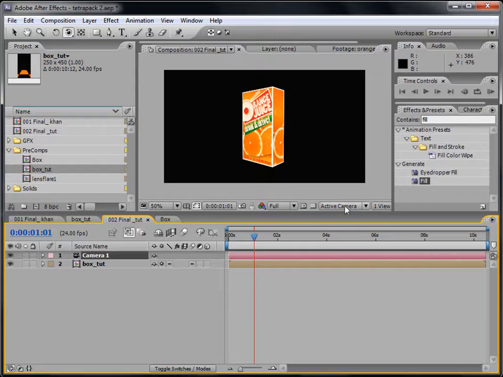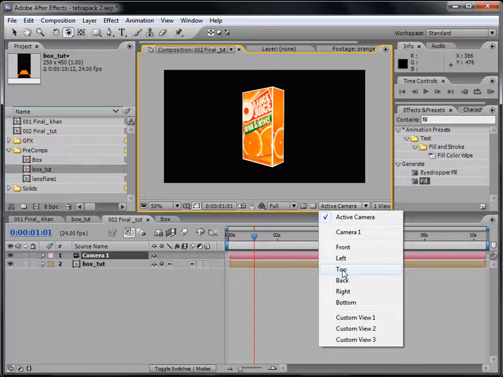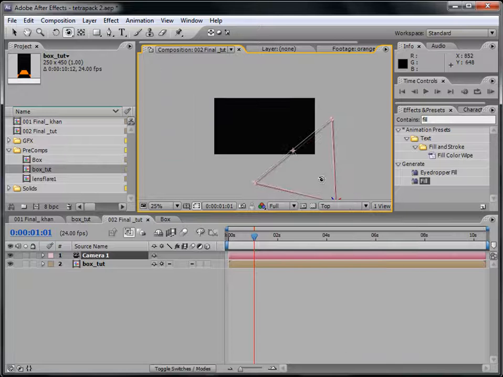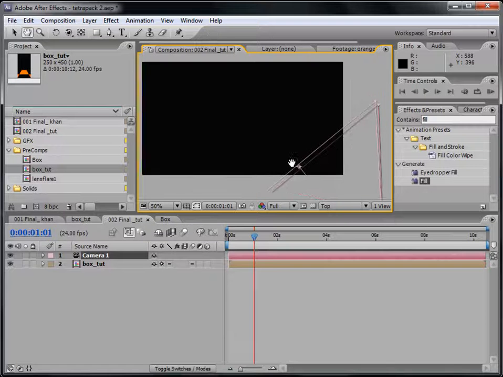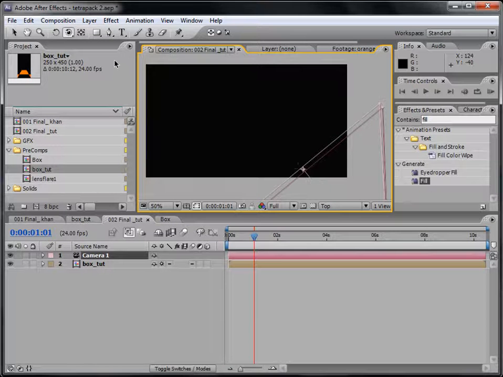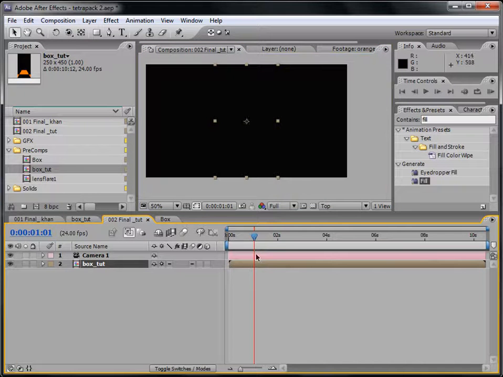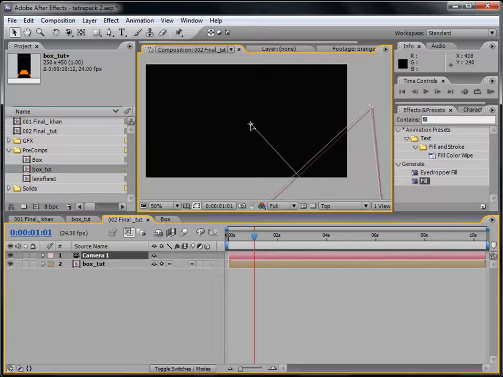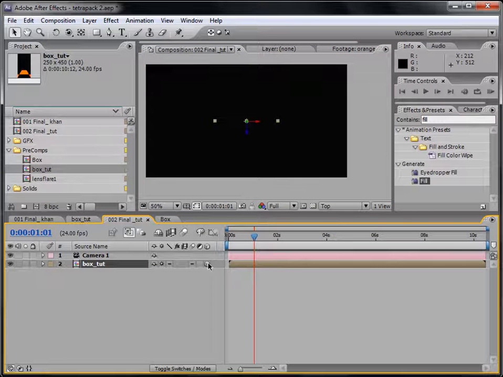We need to adjust the point of interest of the camera. For that we'll go to top view. As you can see, the point of interest is here, so that's why we can't maneuver properly. Select this selection tool here, and our box is here somewhere, so this has to be here in the middle. Also turn on the 3D layer for box,